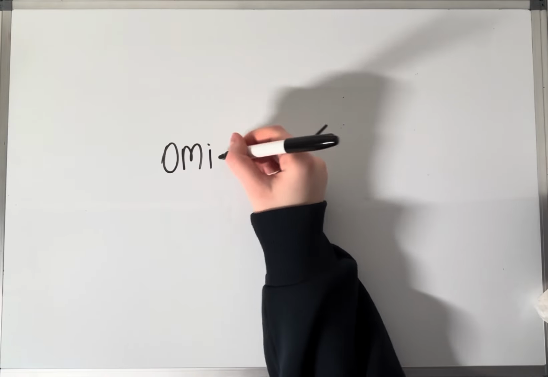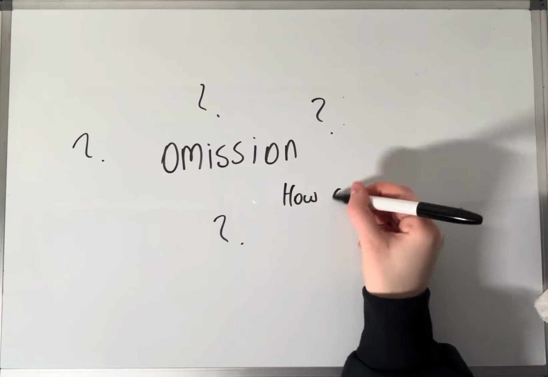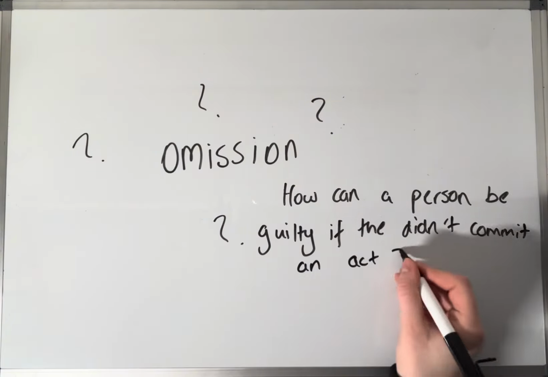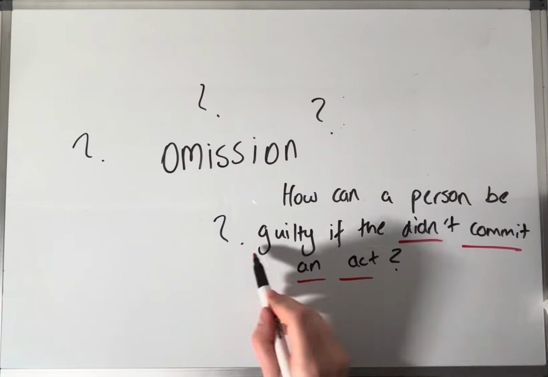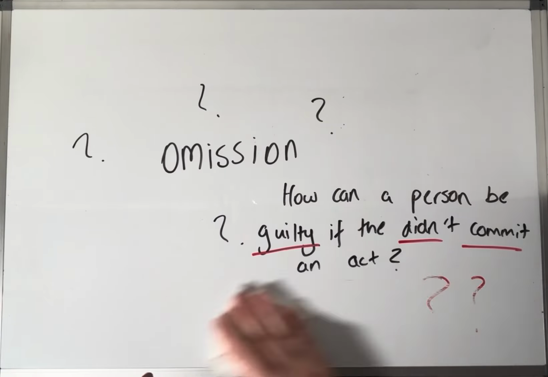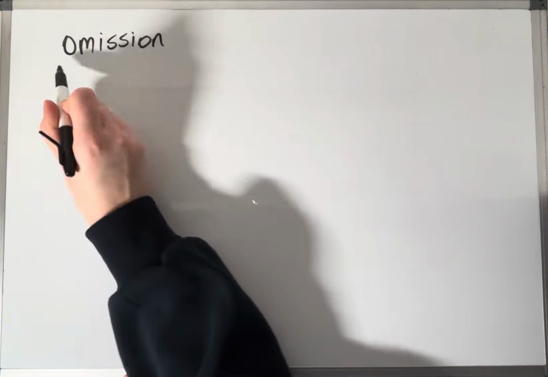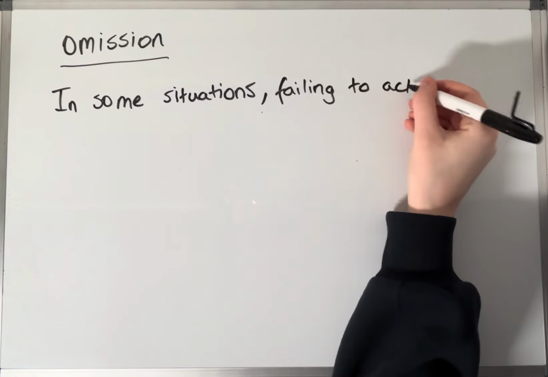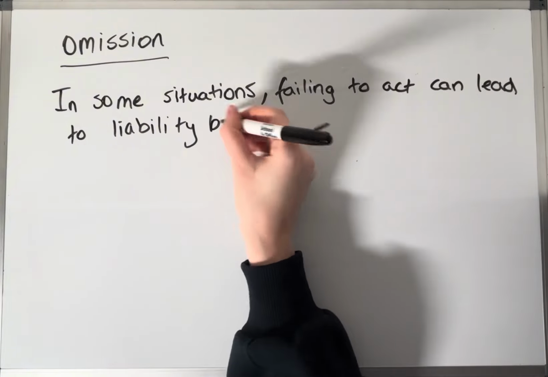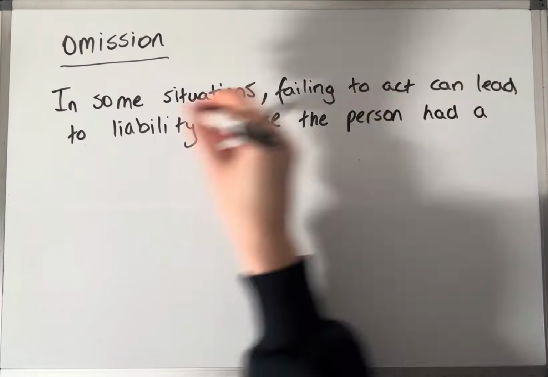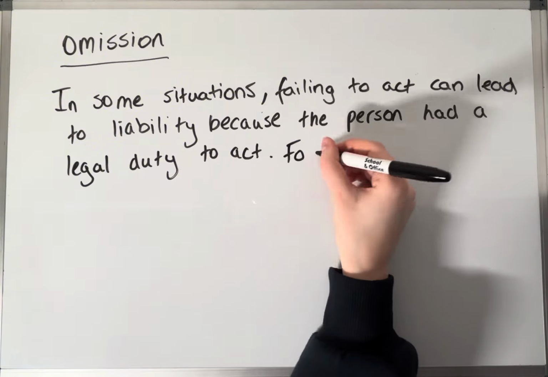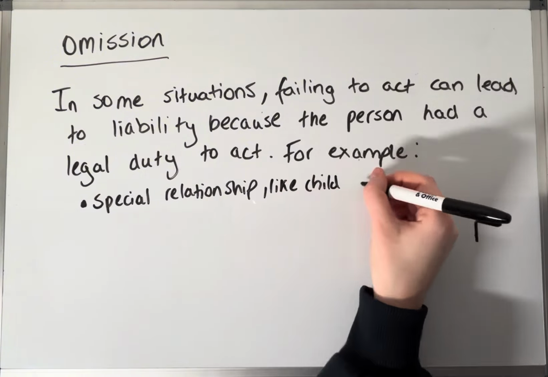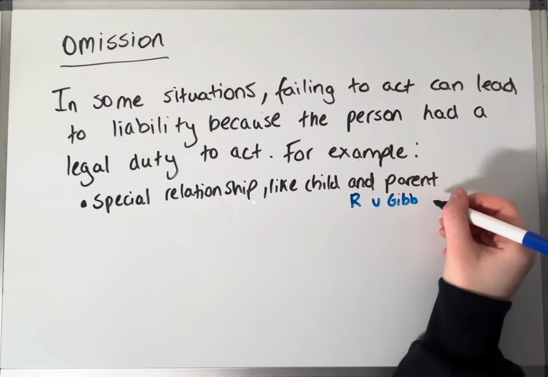Now, you may have already heard this word, but what is an omission, and how can someone be guilty without actually committing an act? So firstly, let's actually define omission. In some situations, failing to act can lead to liability just because the person had a legal duty to act. So for example, this can be a special relationship like child and parent, seen in R v